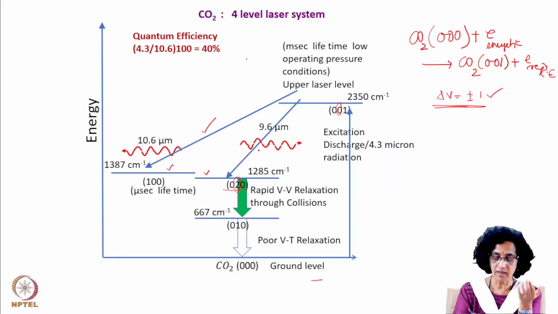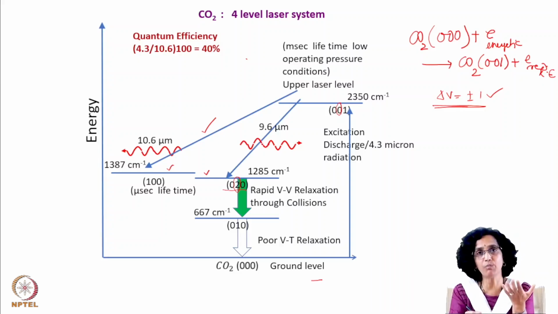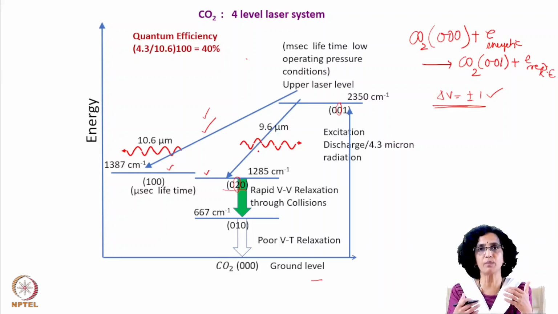In fact, this transition will not lase on its own ever, and the cross section for this is 10 times or 12 or even more less as compared to this. But there is a probability of this transition as well,